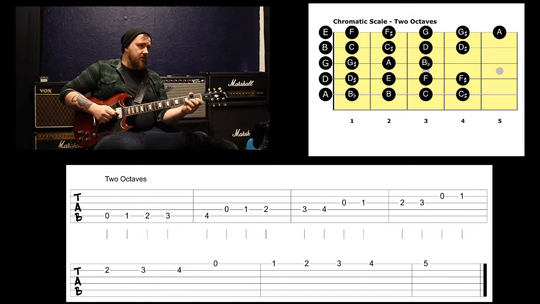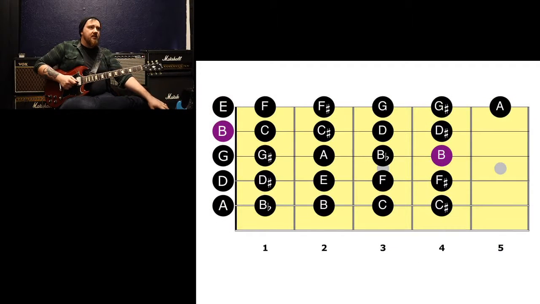Now notice that the third note is a B flat, and then after B flat becomes a B natural. Now if I go to this slide here, you can see I've highlighted the two B's in purple. Now obviously you don't want to play the same note twice, and because of the way that the guitar's tuned,